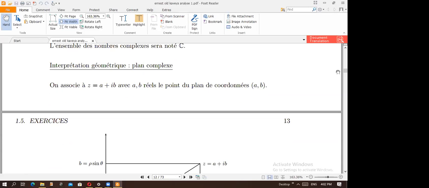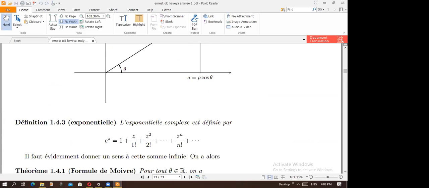Complex numbers, the sign for complex numbers is a C, like this. And you guys should make sure you remember all the signs that Ernest had taught you in the first lesson. Make sure you remember all the signs, so at least it can make things much easier for you to understand. Otherwise, all these things, you're going to find a lot in algebra. These first things, exponentials, you're going to find these things, and as we go further, we're going to be able